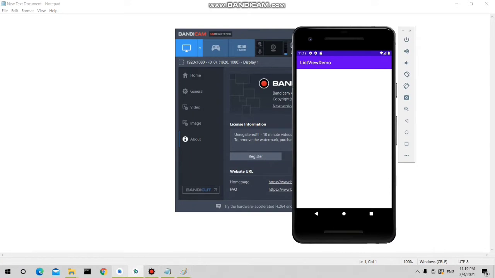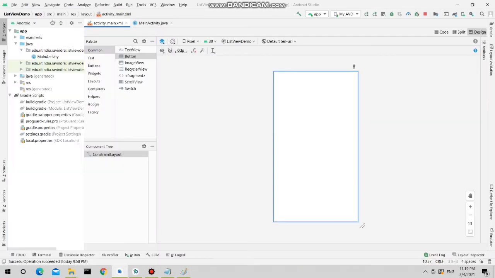I have created a new project here with one activity. Now just drag and drop list view from the tool palette. So you got this list view.